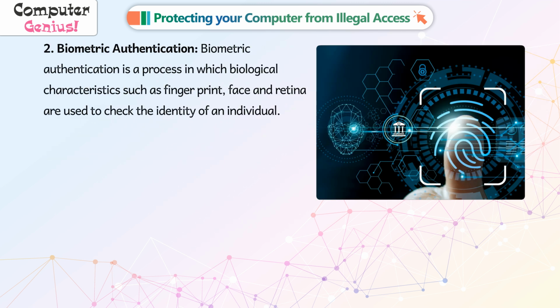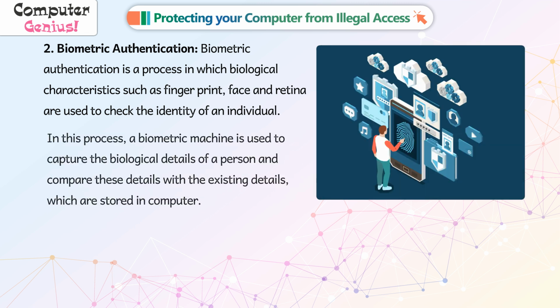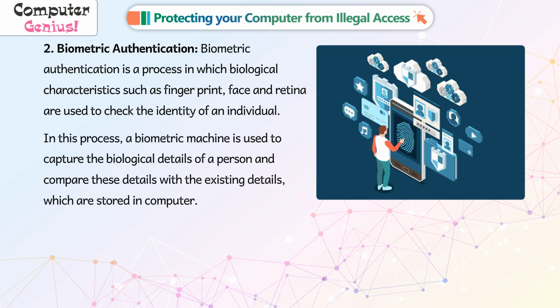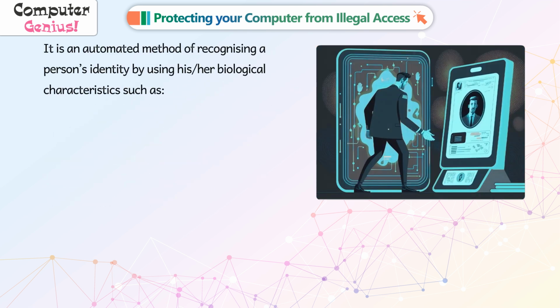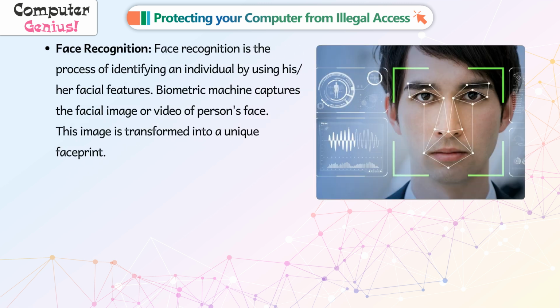2. Biometric authentication. Biometric authentication is a process in which biological characteristics such as fingerprints, face, and retina are used to check the identity of an individual. In this process, a biometric machine is used to capture the biological details of a person and compare these details with the existing details which are stored in computer. It is an automated method of recognizing a person's identity by using his or her biological characteristics such as face